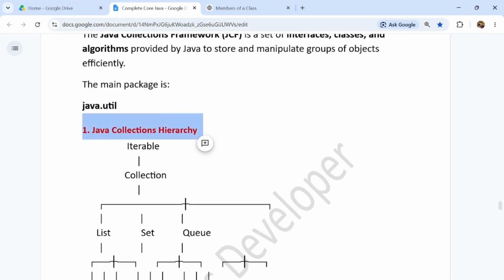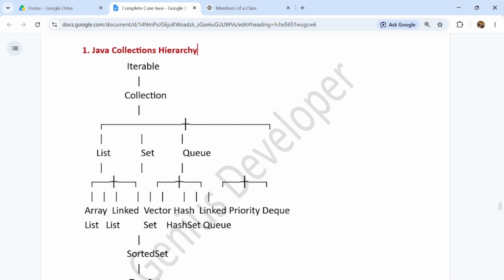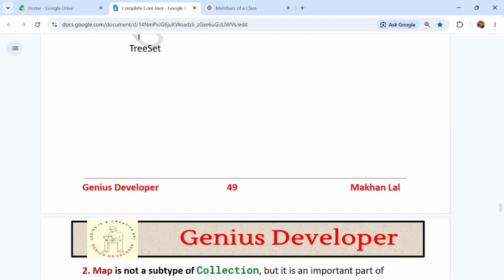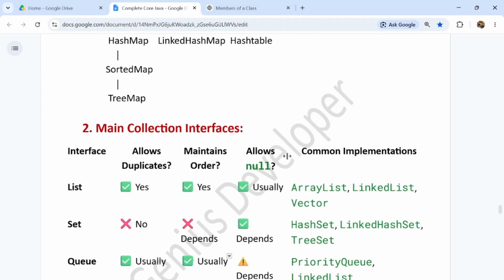So here is the Java collection hierarchy, guys. Just look into this hierarchy, it will be helpful to understand the concept. Map is not a subtype of collection, but it is an important part of the Java collection framework, guys.